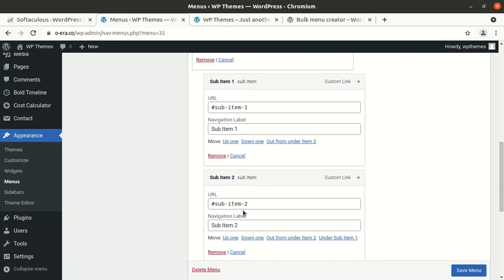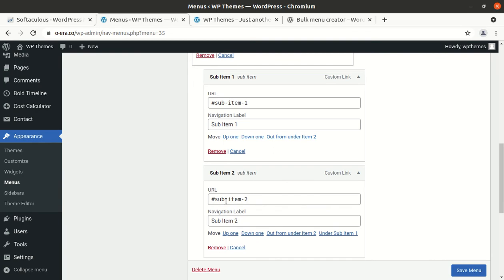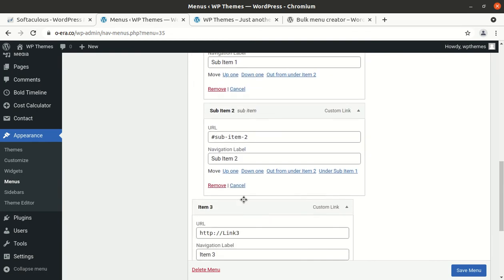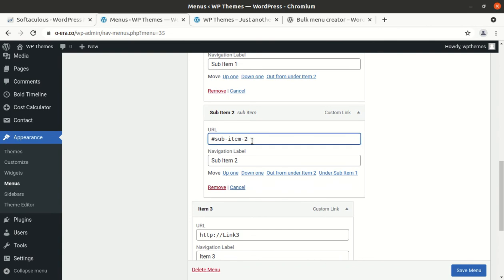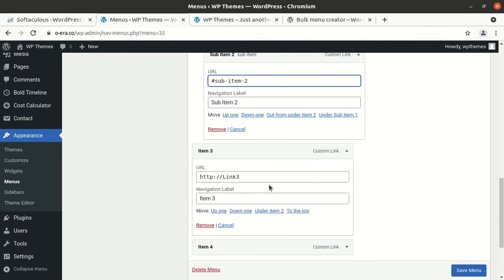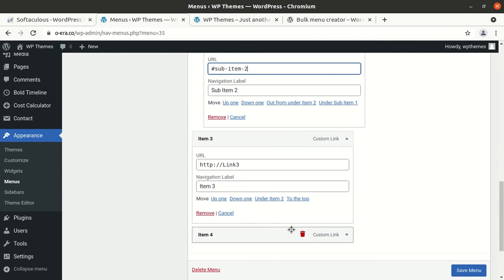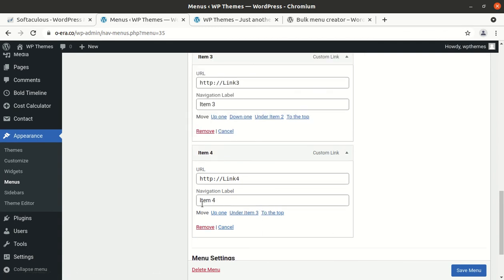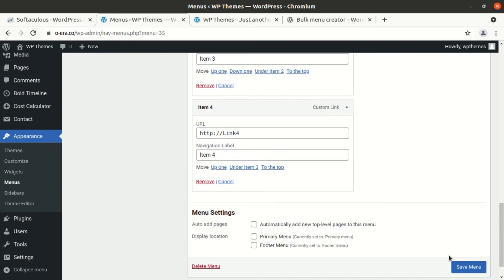Since we left it blank, it is creating a hash automatically. So you can change the link as and when you require. Link item 3 is linked to link 3, and item 4 is linked to 4, and it is great.